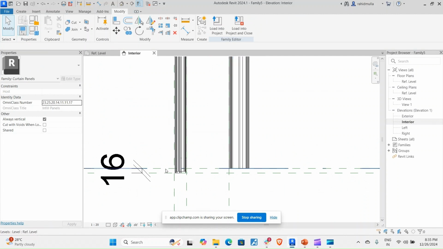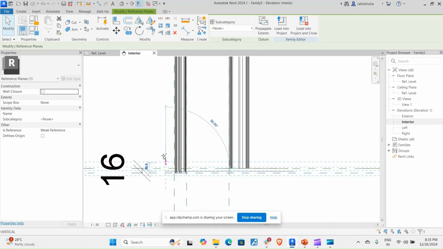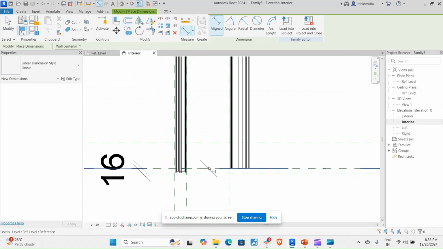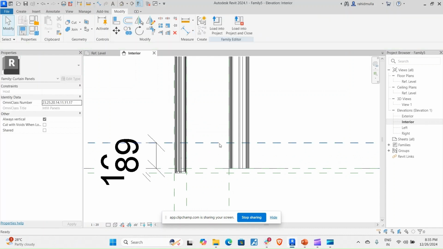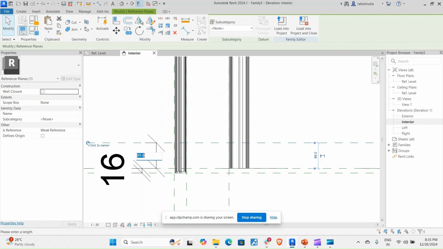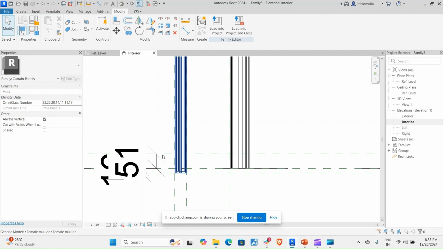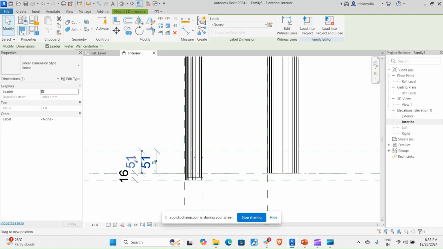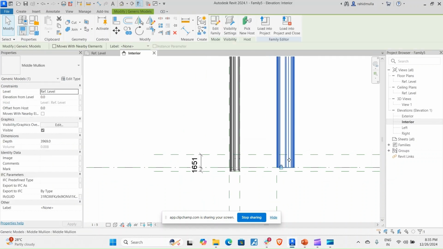So again, what we will do is we will copy this and we will measure from the reference level at what distance this reference plane is. This has to be at a distance of 51 mm. Okay, so once we do that, let us make this scale smaller, and once we do that, I will lock this here, and then